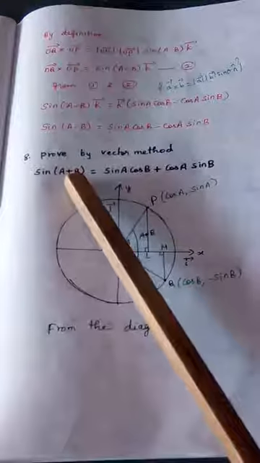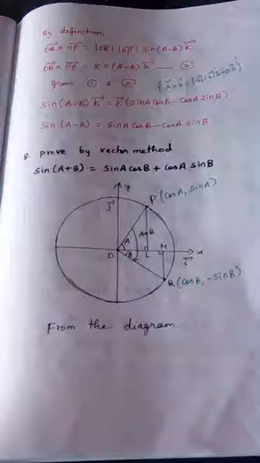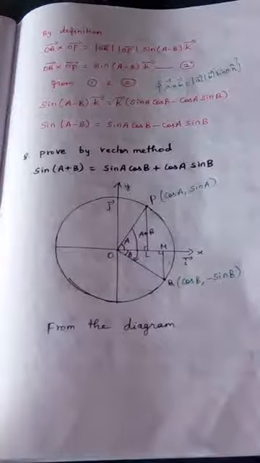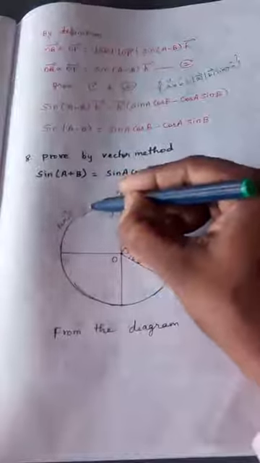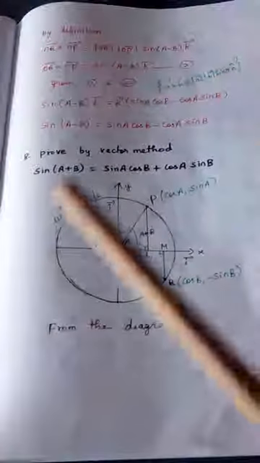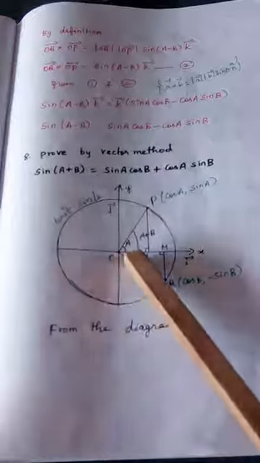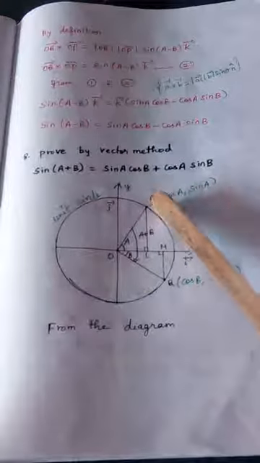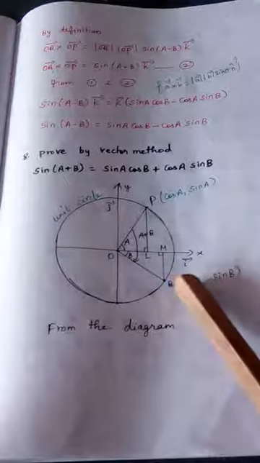So I said whenever plus is present here, we should draw a circle. What is the name of the circle? Many times I told you, this circle is called the unit circle. So first draw a circle, mark x-axis, y-axis, origin. Take 2 points P and Q, P in the first quadrant, Q in the fourth quadrant.